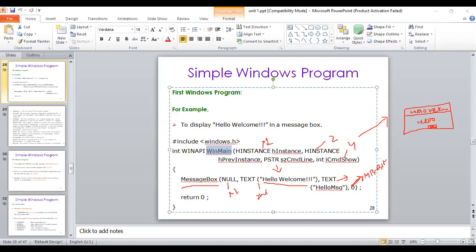So we have executed this program and we have also discussed the output. While executing, you can see the Win API plays a very important role.